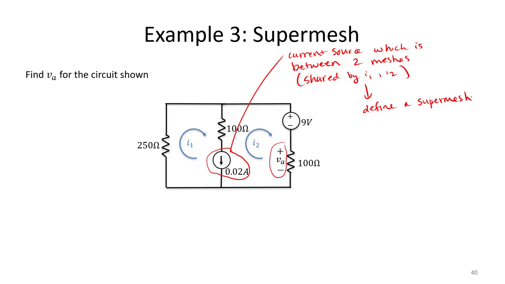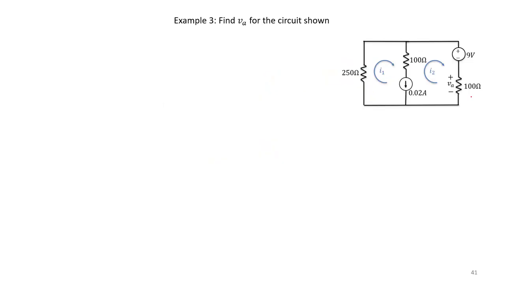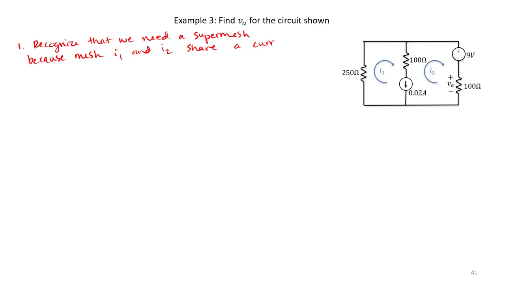So let's go ahead and give this a try. So first we want to recognize that we need to use a super mesh because the two meshes, mesh I1 and I2, share a current source. So we create the super mesh using the boundaries of the mesh I1 and I2 not shared by